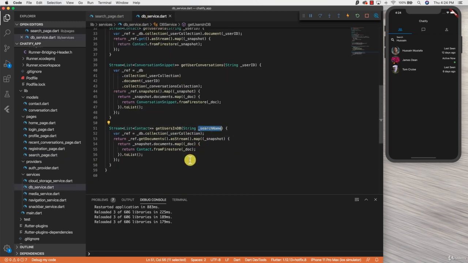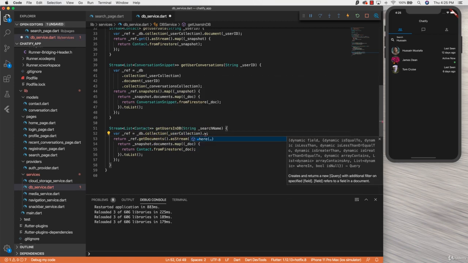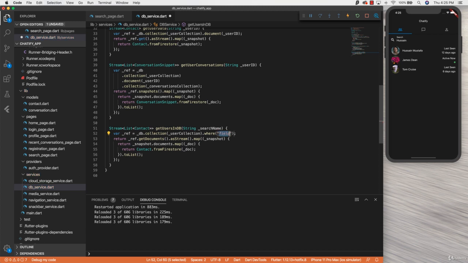So what we're going to do is define a new query. The way we're going to do this is to apply a new query to our document reference or collection. We're going to get the reference to our collection, and then use the where function, which helps us define a query. And then we'll say where the name, and what is the name? Well, where the name is